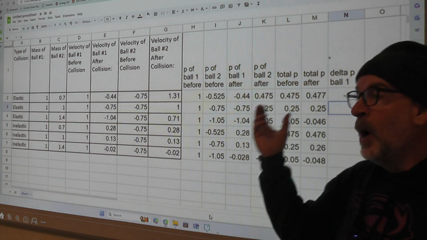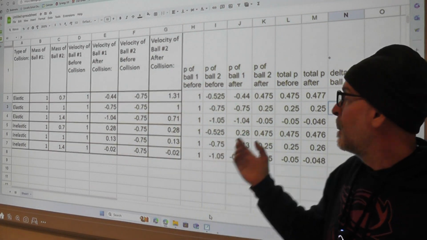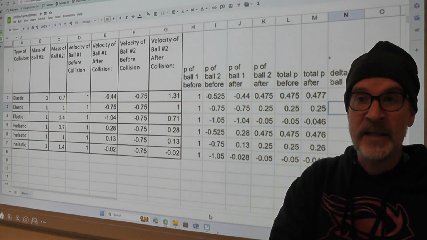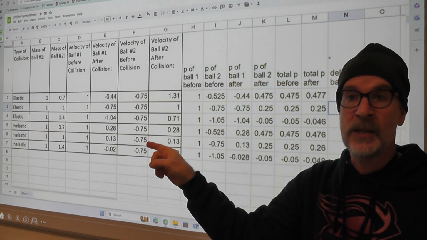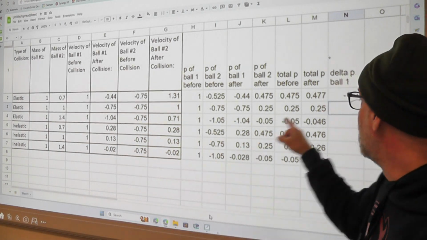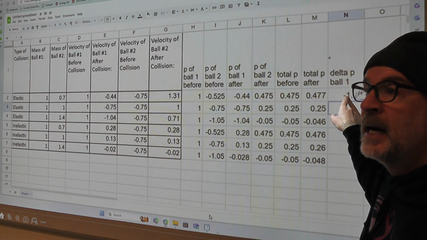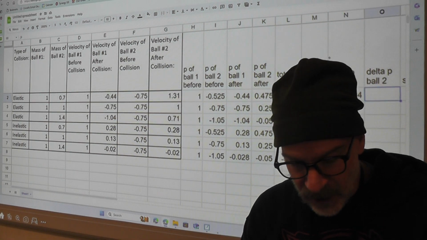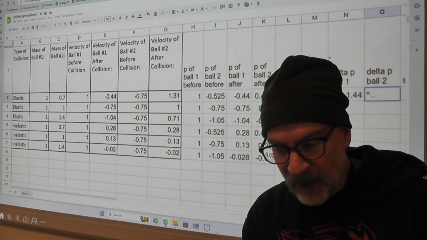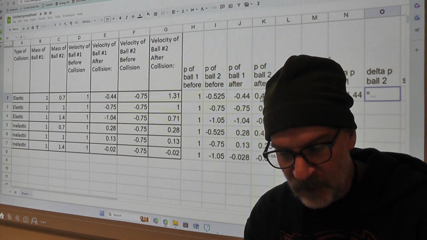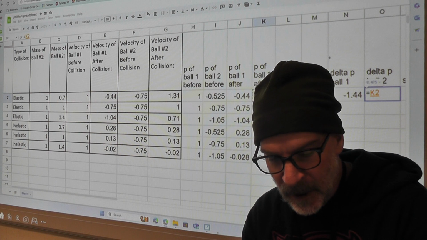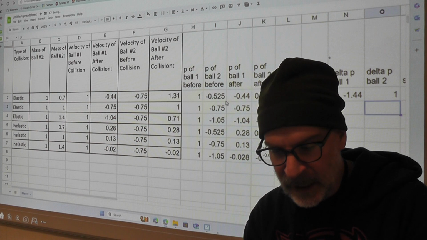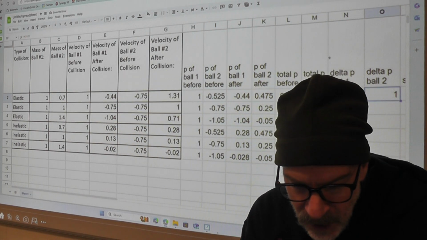-1.44. Ball number 1 ended up with 1.44 more kilogram meters per second of momentum in this direction than it started with. Whatever it started with, it ended this much more negative than that in terms of its momentum. And we can do a similar calculation for ball 2. The final momentum of ball 2 is 0.475. I click on that, minus the initial momentum of -0.525, and I get about 1, and that's not right, because